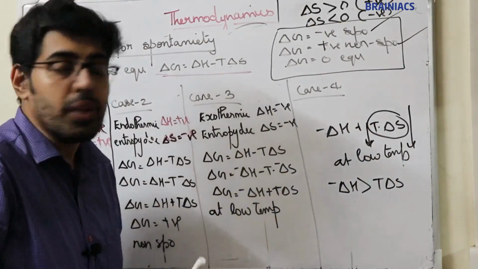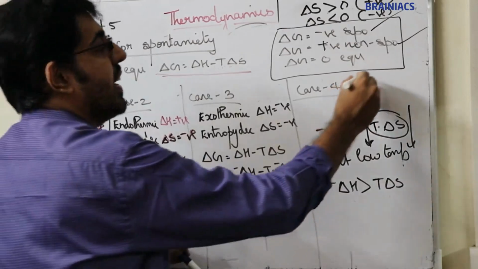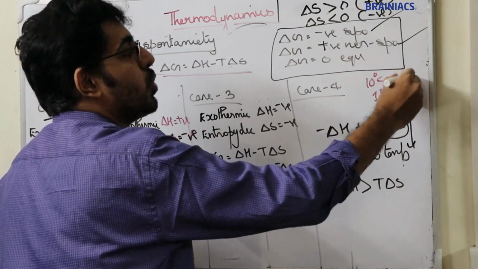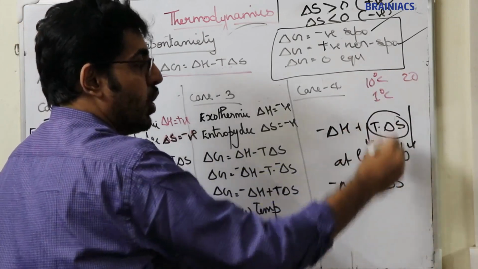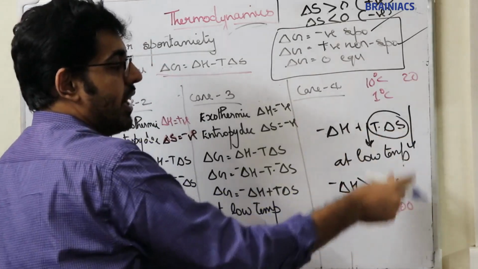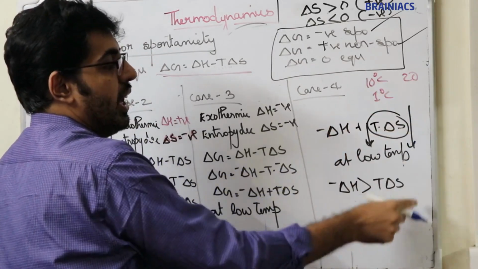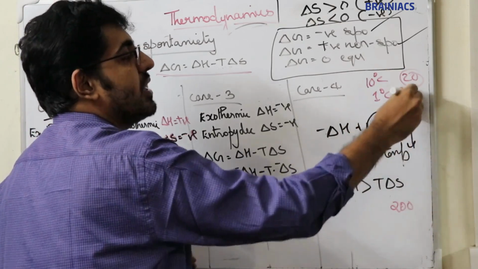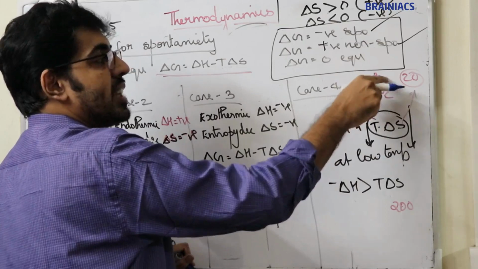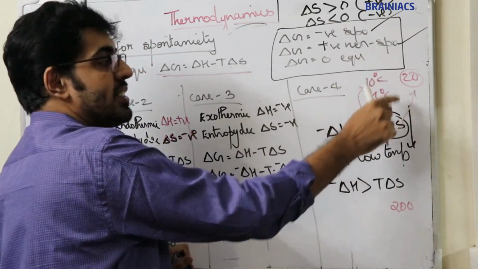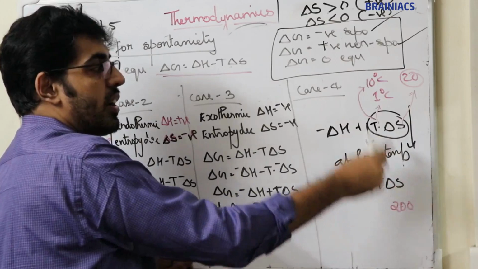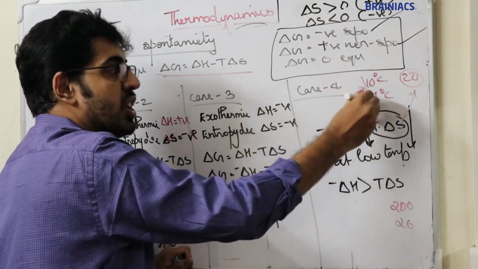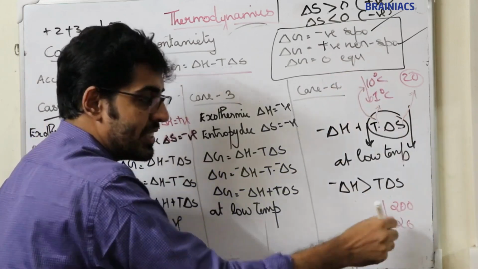temperature decreases, right? For example, if you consider 10 degrees Celsius and 1 degree Celsius, let the entropy be 20. What is 10 into 20? 10 into 20, 200. So T delta S is 200. Now what is 1 into 20 if entropy is 20? If delta S is 20 and temperature in first case 10 degree, second case 1 degree. First case 10 into 20, 200. Second case 1 into 20, 20. That means when temperature decreased, the whole T delta S decreases, right?